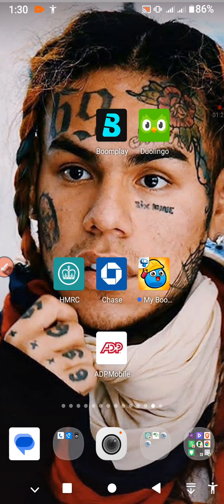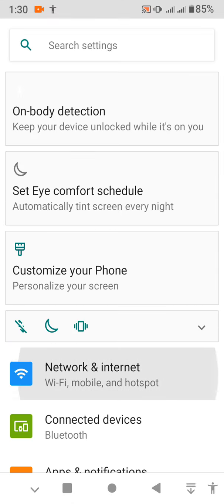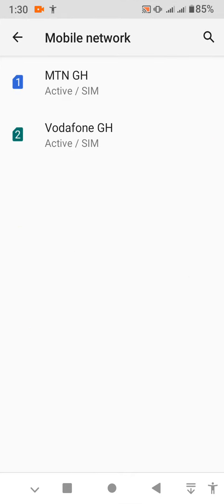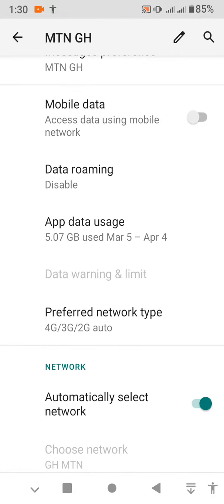When it's still not getting fixed, what you have to do is to go to your phone settings again, tap on network and internet, tap on mobile data or mobile network, then select the network. After that, what you have to do is to scroll down, tap on advanced, scroll a little bit, then you